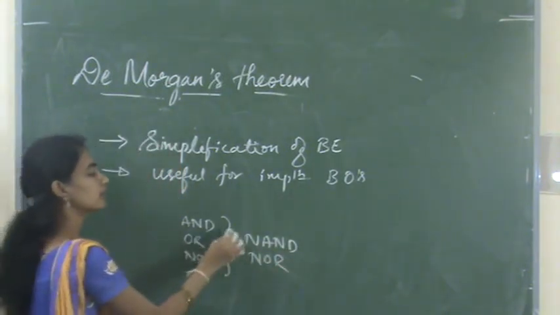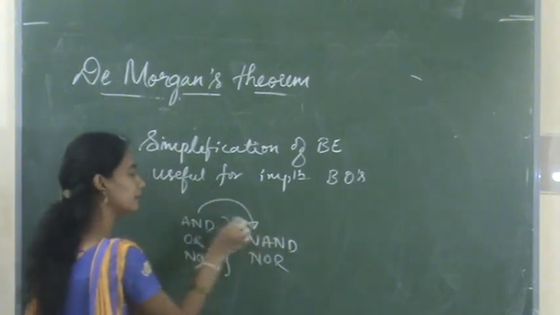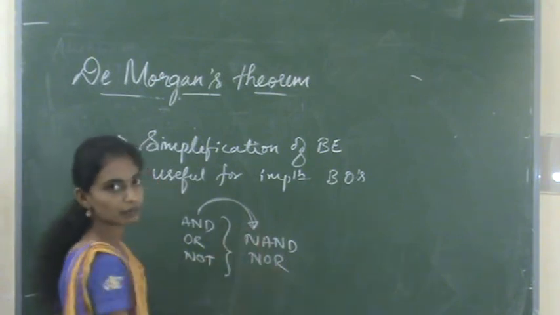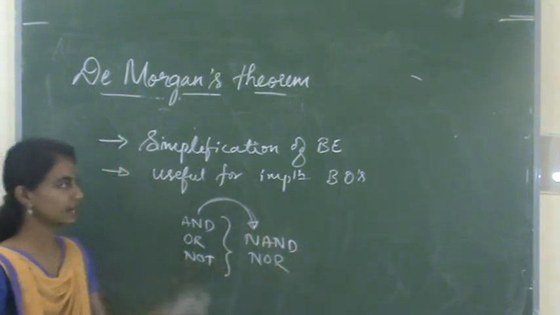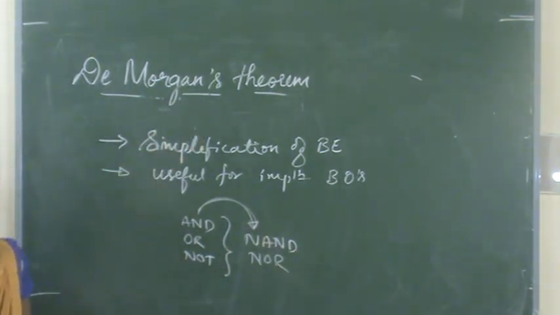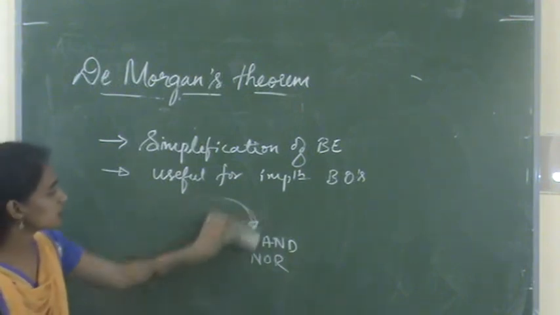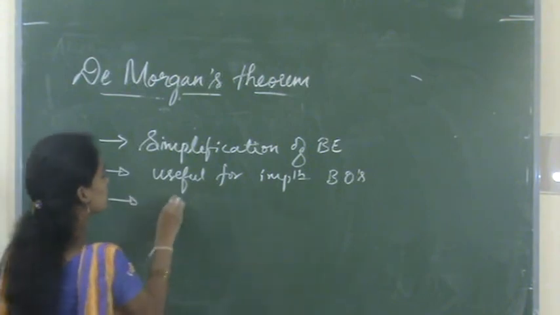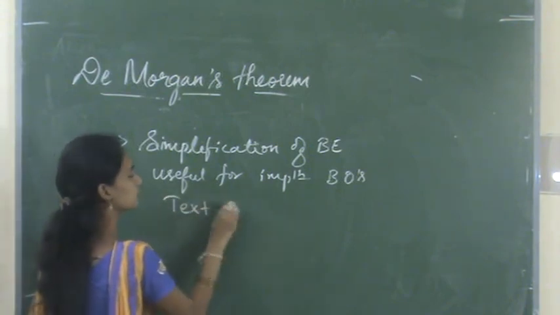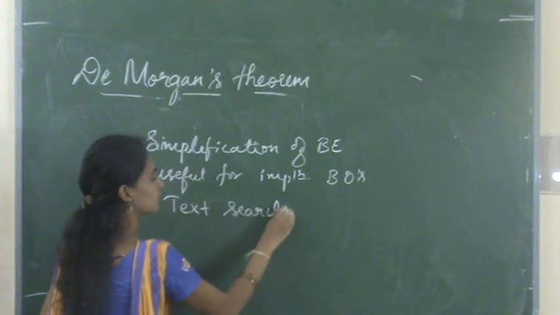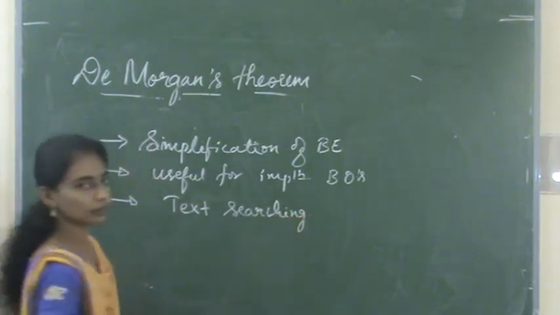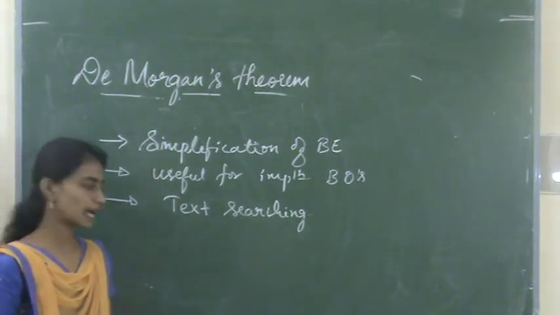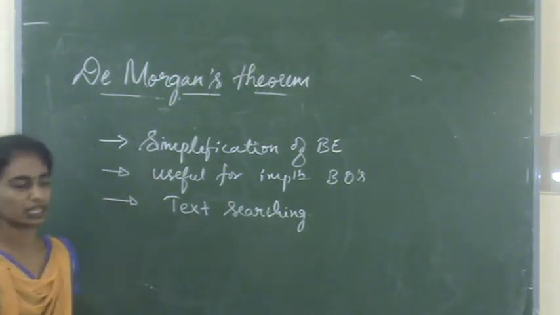Okay, so we are implementing the gates and we make them into alternative gates with the help of this De Morgan's theorem. Okay. And this De Morgan's theorem is also used in text searching. Okay, so this will be used in text searching with the help of these three operations. One is